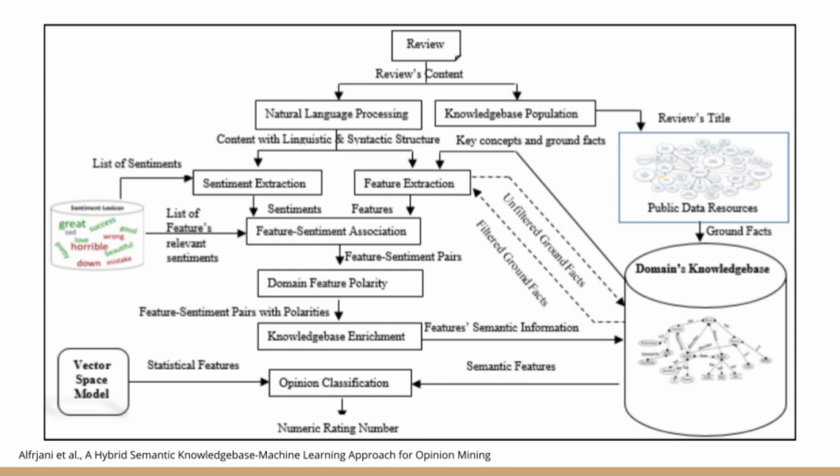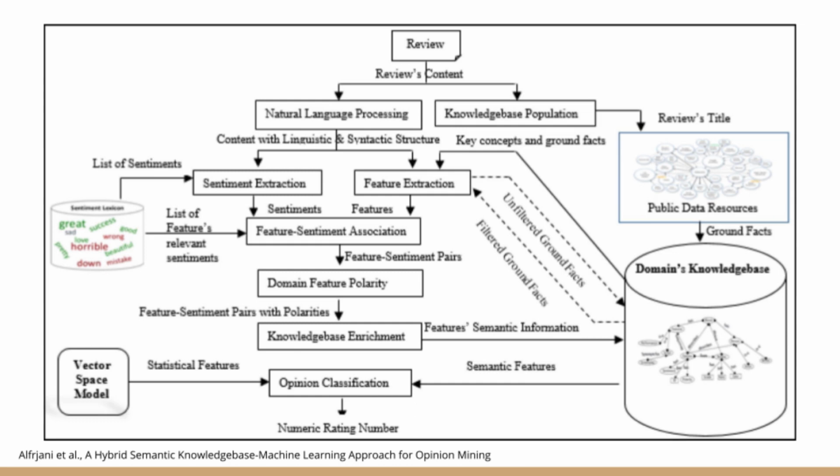On the very left, you can see that a previously prepared list of sentiment terms, which scores words such as great, bad, interesting, is used. This list is then pared down to only the relevant words in the reviews. After all this work, we finally begin work on the classification. Patterns in the grammatically deconstructed review text, which contain both domain features and sentiment data, are retained as feature-sentiment pairs as long as these are subjective opinion statements. The subjectivity of a statement is revealed by the deconstructed review grammar.